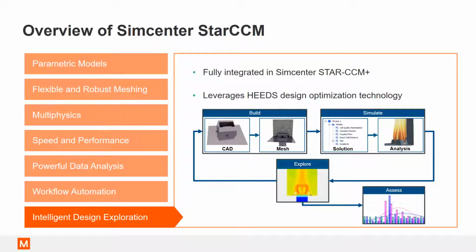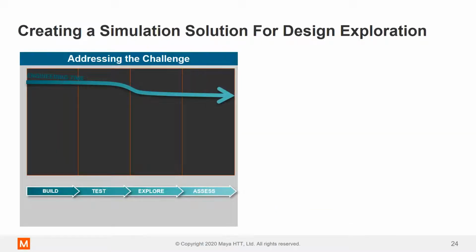So essentially, for today's overview, all I wanted to show is that here's the fundamental challenge: if you look at how engineers are spending their time with simulation, even in organizations, you're most likely going to see something like this. Most of the time is spent building the models and running the first test. So much time, in fact, that little time is left for exploring the design space and assessing results to identify better families of design. As we discussed, the value extraction is much higher from the time spent exploring and assessing. So there's a clear mismatch of the effort expended and value.